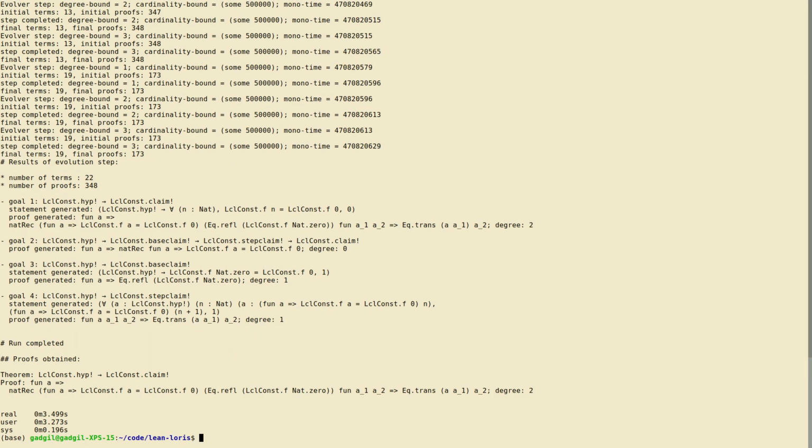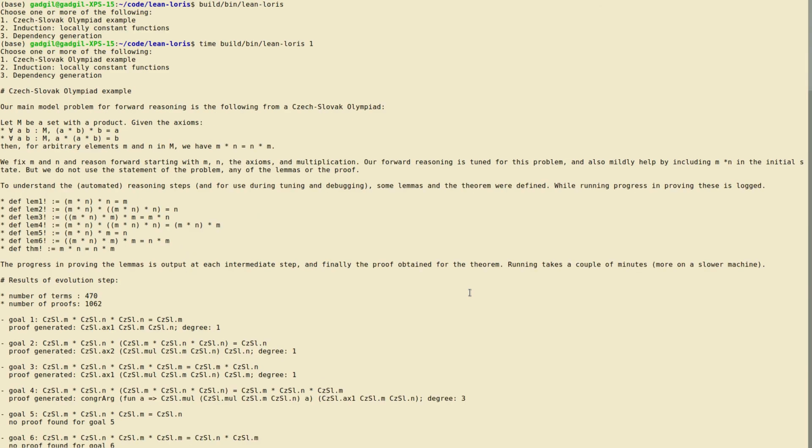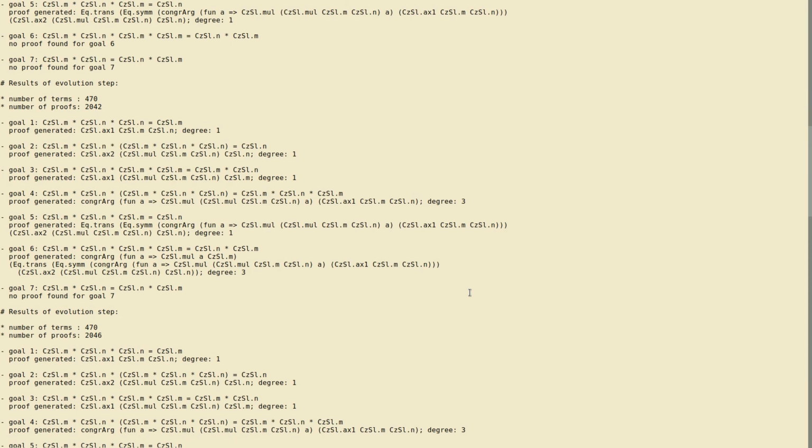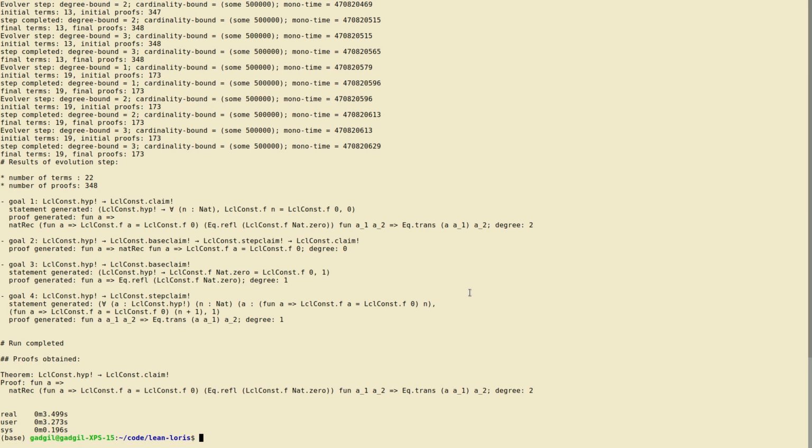This uses some mixed reasoning, and as you see, it did it in 3.5 seconds. The previous one was a little more intensive. It took 1.5 minutes. This one you could even run in the interpreter, but there it will take a few minutes. Over time, of course, the hope is there'll be better and quicker ways to run these things, so you could work with the greater power interactively.